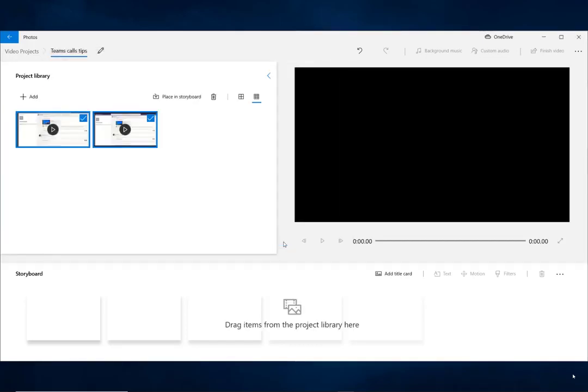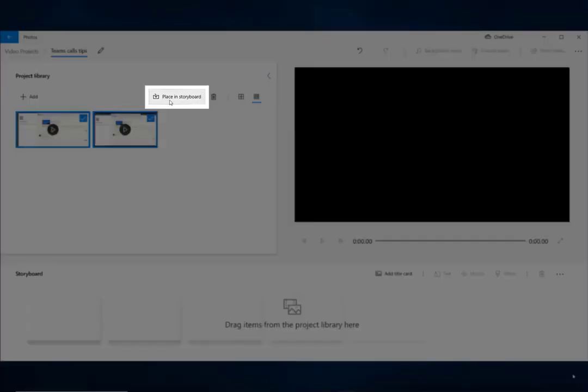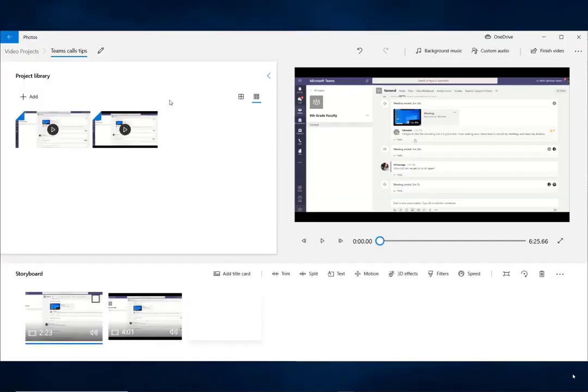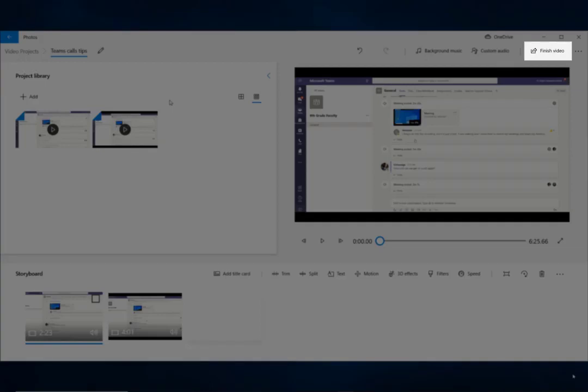Once the videos are in your project library, you can add them to your storyboard by selecting Place in Storyboard. When the videos are on the storyboard, you can finish the video by selecting the Finish Video button in the